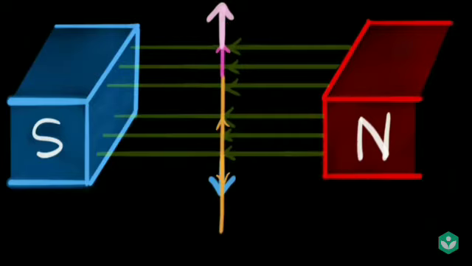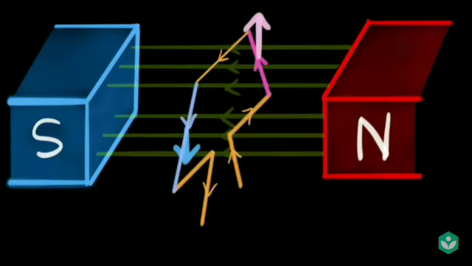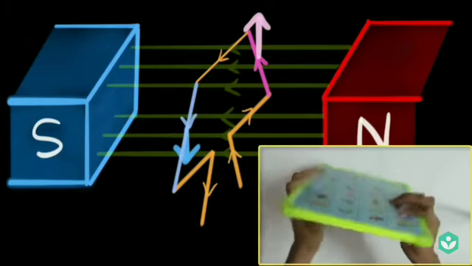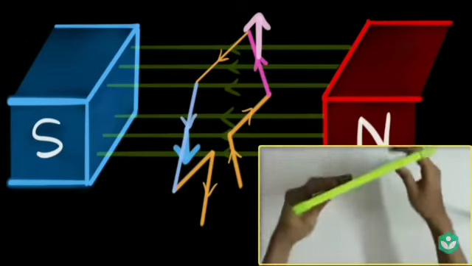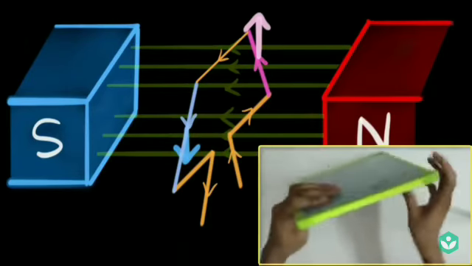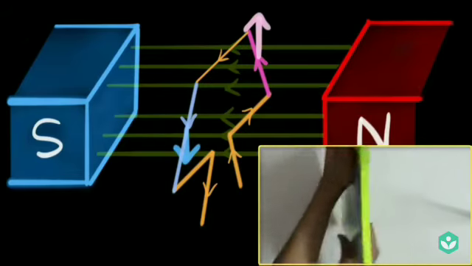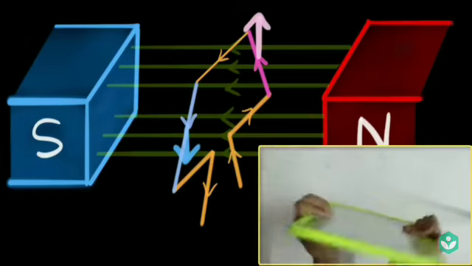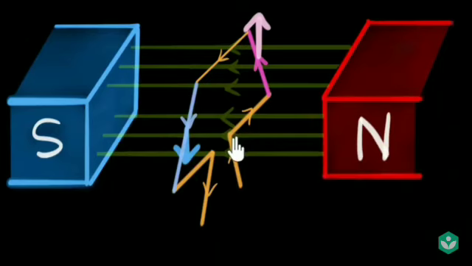So yes, our coil is now spinning, but pretty soon we run into a problem. You see, if we bring back our board, if you want this board to continuously keep spinning in the clockwise direction, let's say, then notice the force on the right must always be down and the force on the left must always be up. It should always follow the rule. Over here, once the pink wire comes to the right, notice the force on the right side has become up and the force on the left side has become down. This will spin my coil back in the anti-clockwise direction.